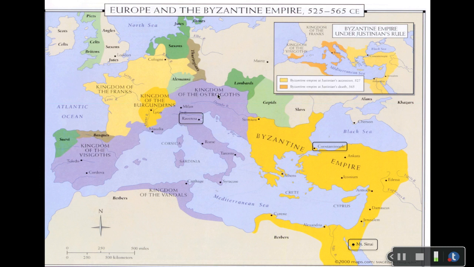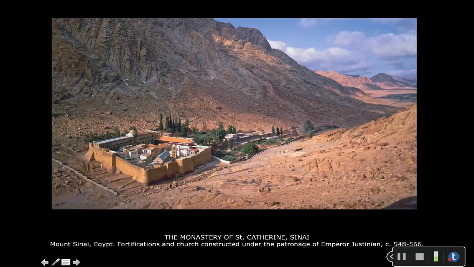And now I want to look at a map real quick and think about the Holy Roman Empire. So here we have Rome, and then we talked about Justinian moving the capital up to Ravenna. But then we also had the capital coming over to Constantinople, modern-day Turkey, for a while. But then it's important to note that there's another important monastery at Mount Sinai all the way down here. So look at just how far away this is and how much one would have to travel to get to Mount Sinai. The reason this is important is because, as I said, there's this important monastery there at Mount Sinai,